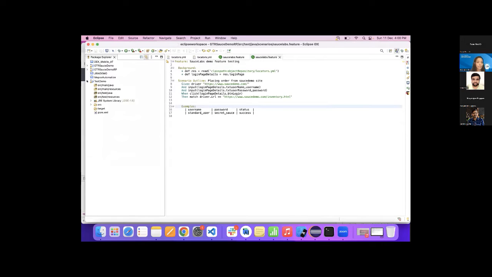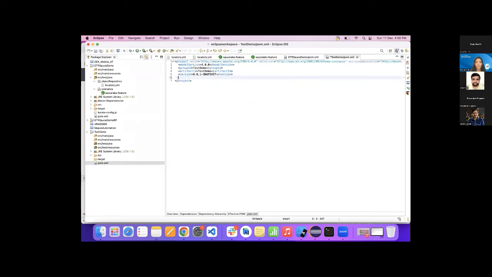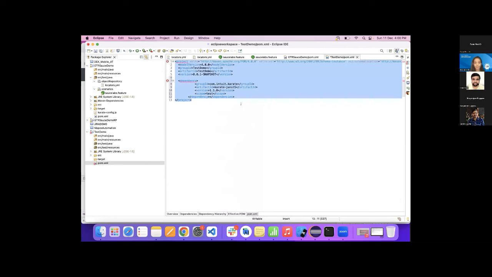And we will quickly add our dependency here. So let's take the dependency from here. The dependency is missing there.